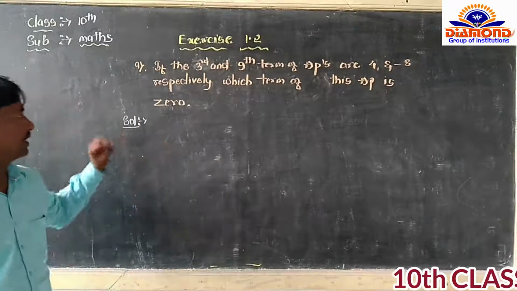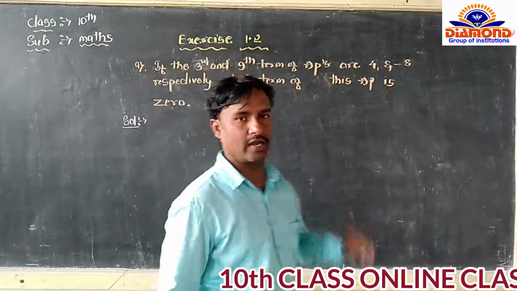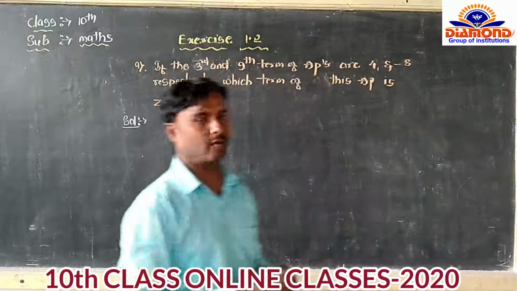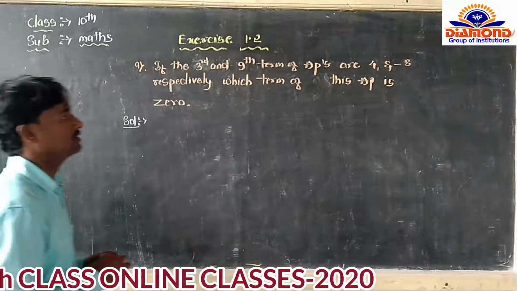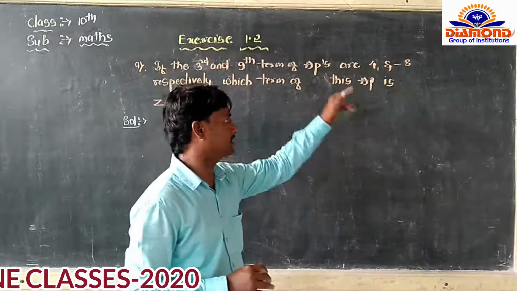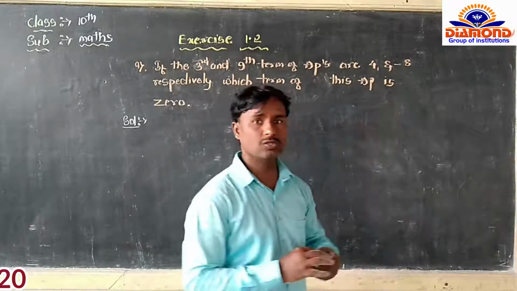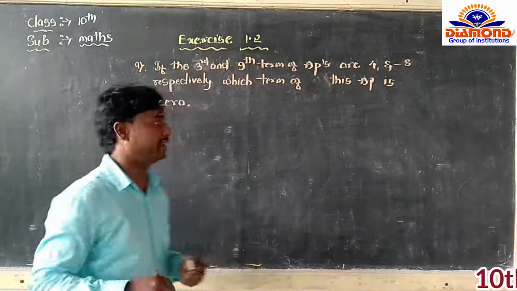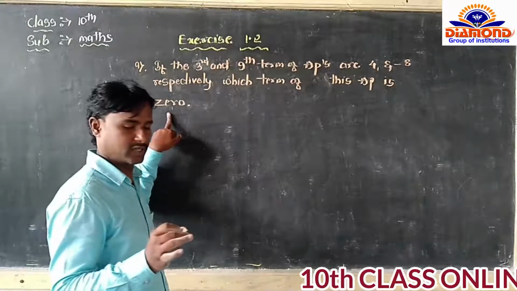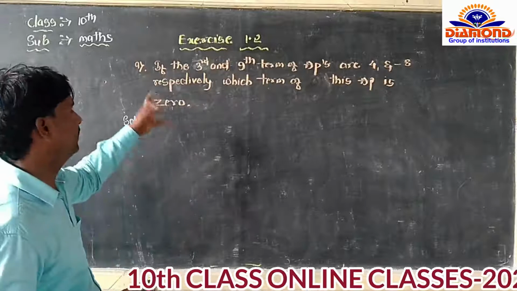This is the question. What does it mean? They have given the third term and the 9th term. Which term becomes 0? That is the question. Which term of this AP is 0? The values of the third and 9th terms of this AP are given, and if we write the sequence of the AP, which term will be 0, that is what is asked, dear students. This is a very easy question, dear students. There are no difficulties.